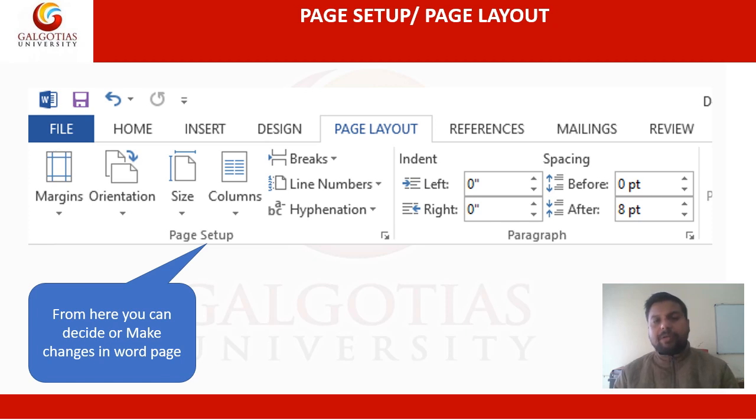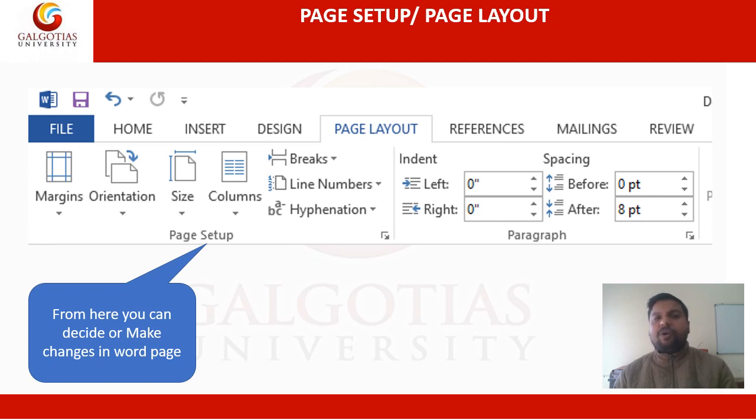You can click on size and select whatever size you want to use for your document, like A4, A3, A2. There are multiple formats of page size. Page size means the length and the breadth of the page are different. Basically in office work we always use A4 size. So by clicking on size, you can just select A4.